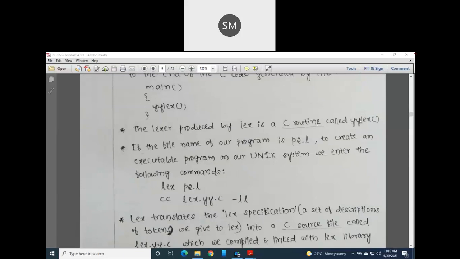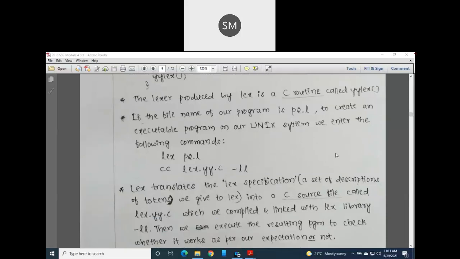So it means that inside this function, the body of that function contains C statements only, and those C statements are produced by Lex, and that C code itself is nothing but a lexer. To this yylex only, we are passing the C program, or input characters, as an input, and this yylex will generate the set of tokens.